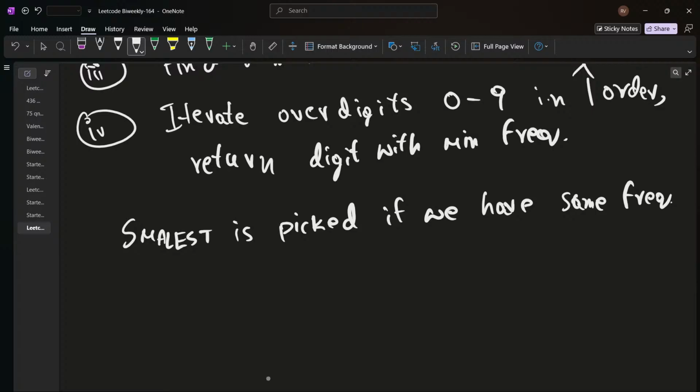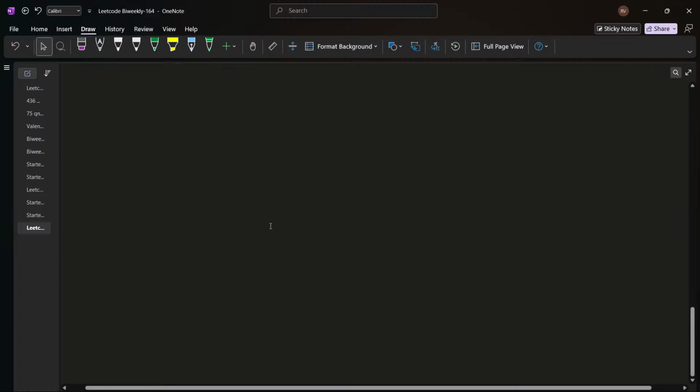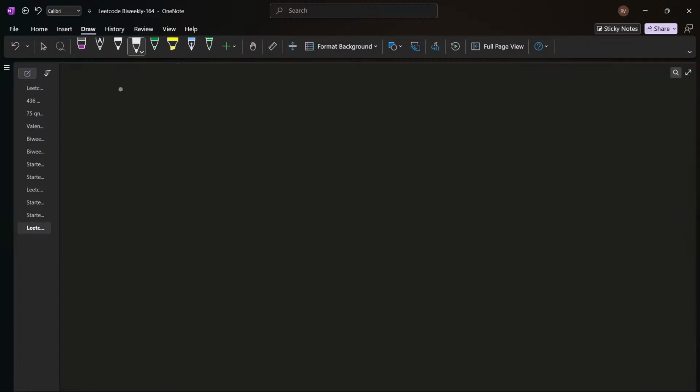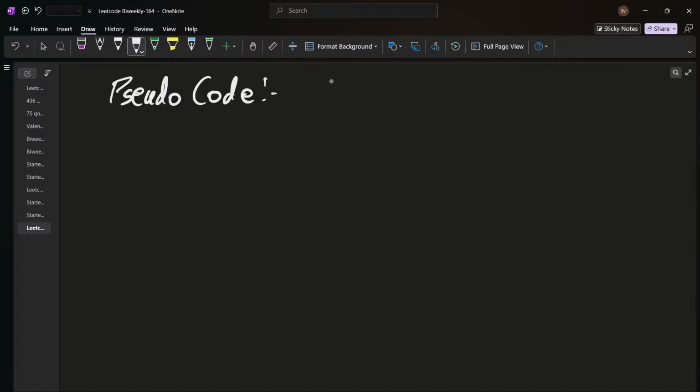So this is basically the approach which we are going to follow. I'll write the pseudocode. I'm not going to give the code. I'll be writing the pseudocode so you guys can code it yourself. So yeah, pseudocode, in this class Solution,